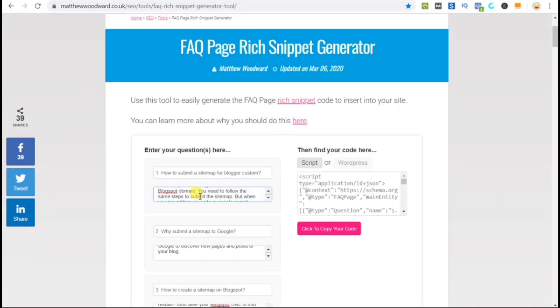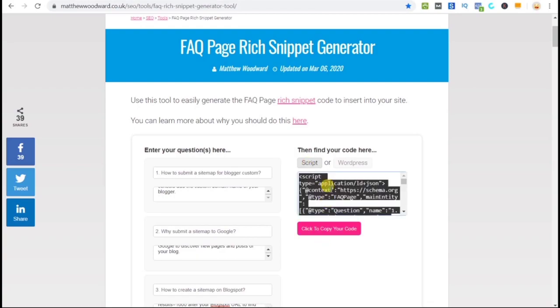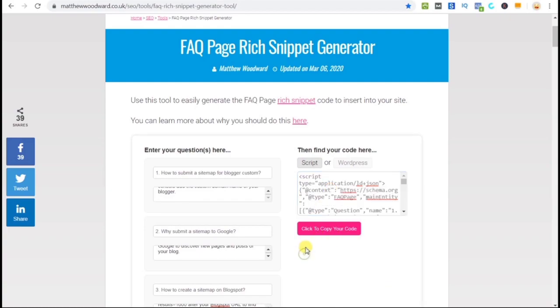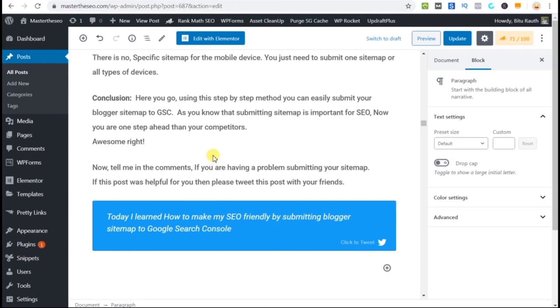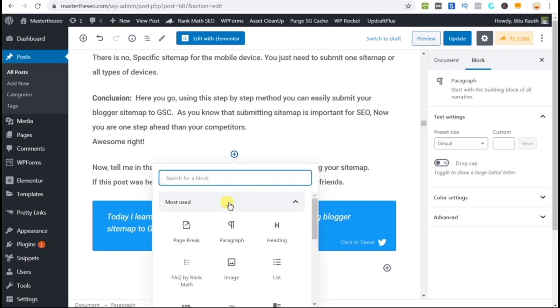After you have added all the questions and answers in this tool, now click on the script and click to copy your code. So it will copy all the code. Now go back to the post where you want to add FAQ schema. Right after you finish the post, click on add a block and search for HTML.